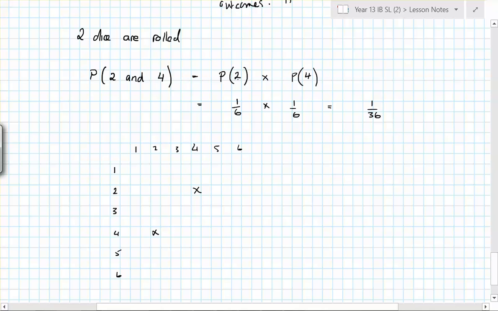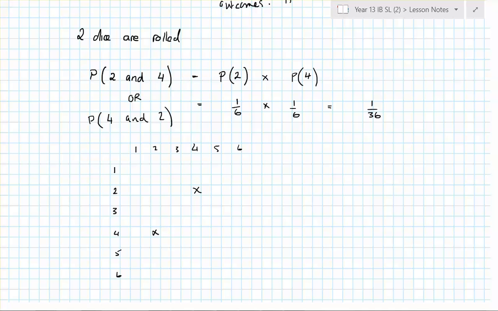Yeah, no, it is, because what we've got in this situation, and this is where the misconception does come, exactly like you're saying, because P of 2 and P of 4 is the same. We've got this word "or", so we can do 4 and 2 as well. So in this situation we have to consider both options, because it is more likely that you're going to get a 4 and a 2 than a 1 and a 1 or a 2 and a 2 and so on,